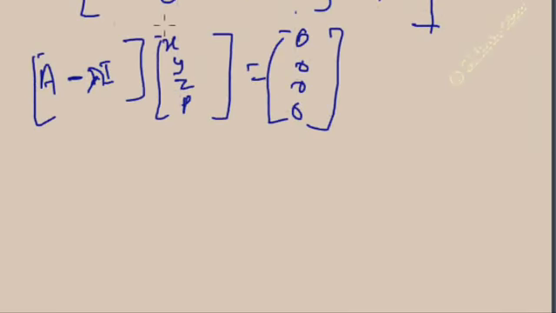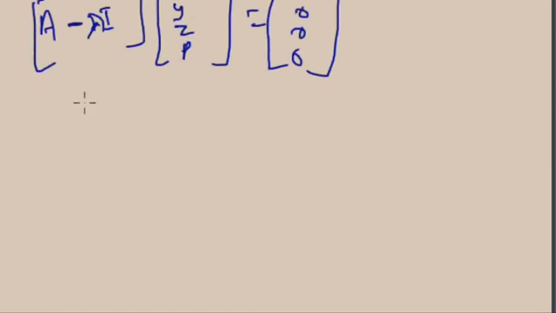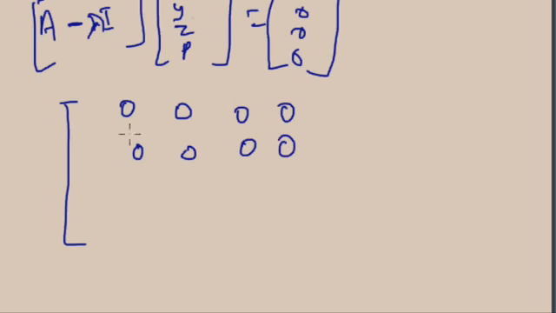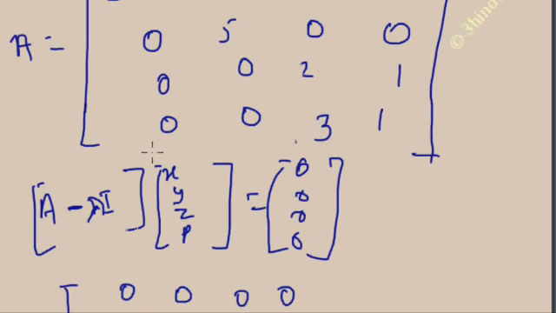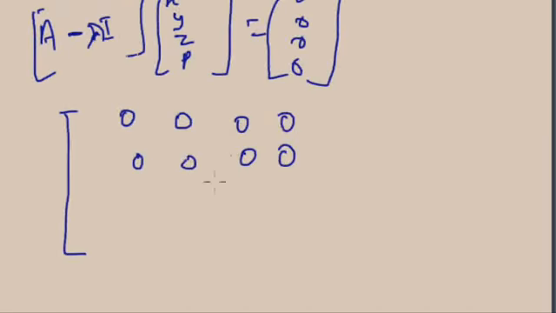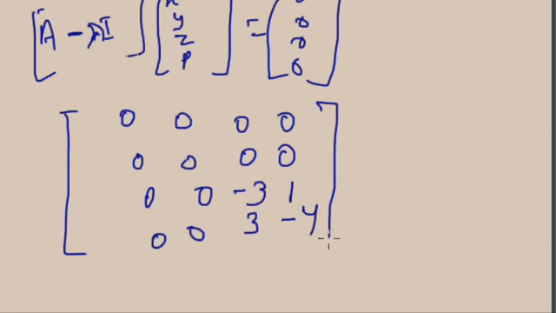So A minus lambda I will be 1 2 3 4, 1 2 3 4, 0, and the rest will be 2 minus 5 means minus 3, 1 and 3, and 1 minus 5 means minus 4, and the rest of the elements are 0, and x, y, z, p